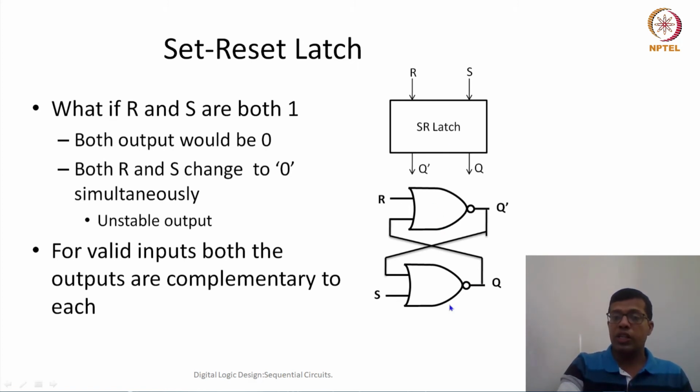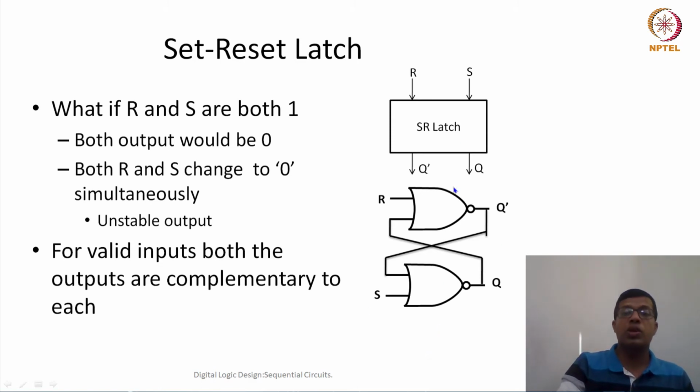Now, the delay of an individual gate may depend on thousands of factors. It could be your fabrication method. It could be what wires each Q and Q bar are connected to, what wires R and S are connected to, what the stray capacitances are, what the temperature is, and what the variation of the silicon is here and there. Because of so many factors, we don't know which of the outputs would be correct.